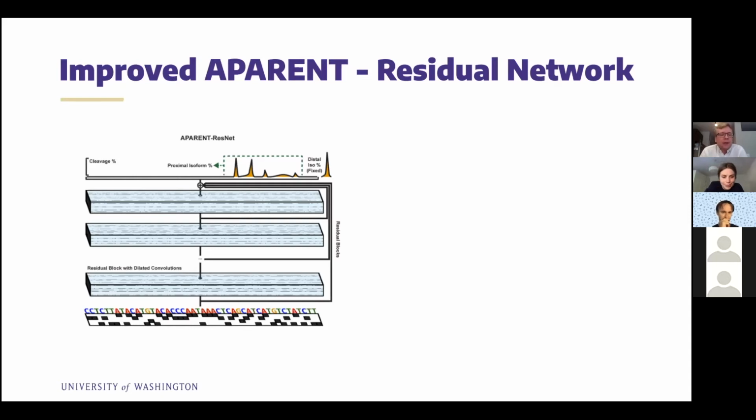And so here we replaced this classical two convolutional layer architecture with a much deeper neural network consisting of 28 residual blocks stacked in sequence, where each residual block contains two convolutions and a skip connection. And this network finally predicts the 3' cleavage distribution at the end. So it essentially transforms the input polyA signal into this 3' cleavage distribution signal.